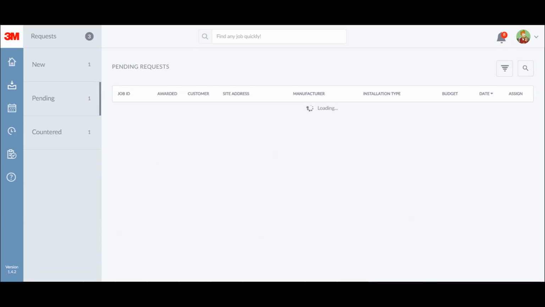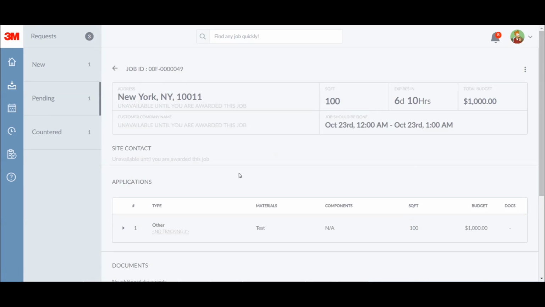The pending queue contains requests which you have responded with acceptance of the price. These orders are waiting for the GM to either award you the project or cancel the request if for some reason they decide to go with a different installer. You have the option to open the request and decline the job while it's waiting in the pending queue. Click on the job ID,